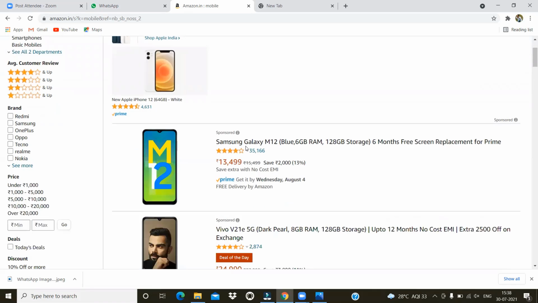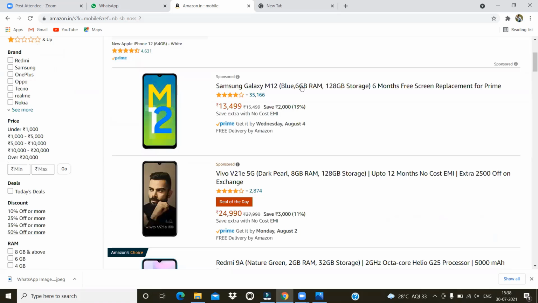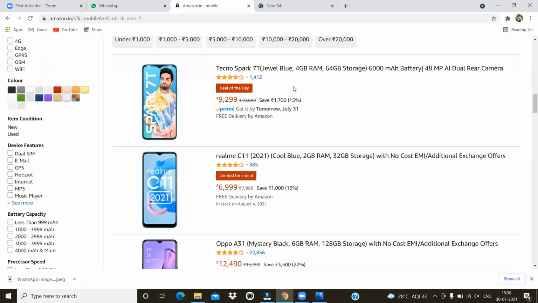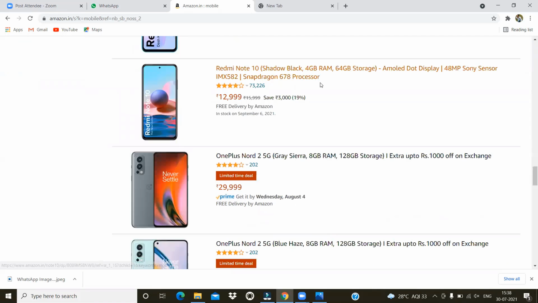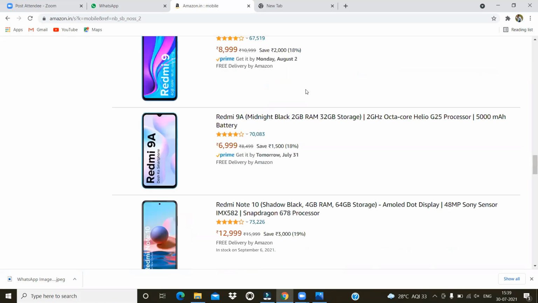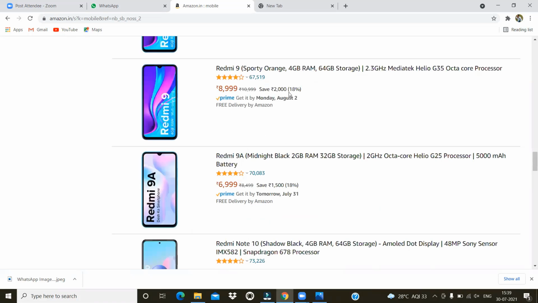Now, after the searching operation, it shows Samsung, Vivo, Redmi, Samsung Galaxy M11, Realme, Oppo. Like this, a lot of mobile information is going to display. All these names come under mobile project information. 4 GB is information. 64 GB storage is information. Price of the mobile is information. 19% saving, that is information, nothing but 3000. And date of delivery, out of stock, each and every thing displayed by this project comes under project information.